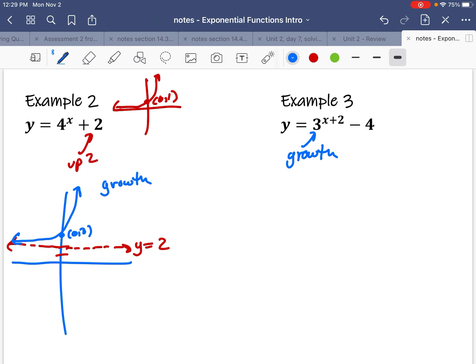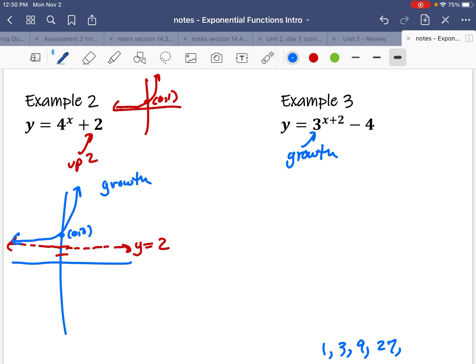All right, this next one is also a growth. And so what that 3 does is every time you put a new x in here, the answer gets multiplied by 3. Like you're increasing it by multiplication, whereas before we've never done that in problems, right? So that's why it's growing so fast. So imagine you said to your parents, give me $1 on the first day of my allowance, and then the next week give me 3 times that, and then the next week give me 3 times that. So you'd be doing 1, then 3, then 9, then 27, then